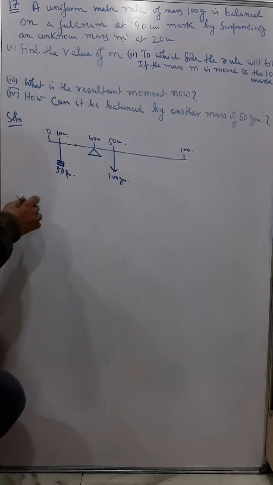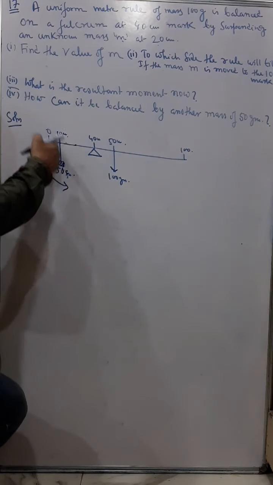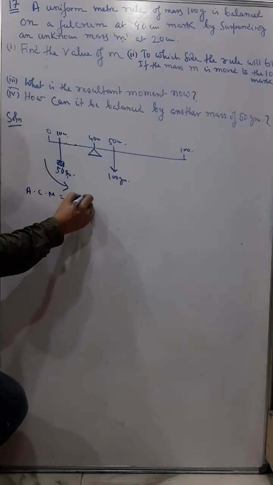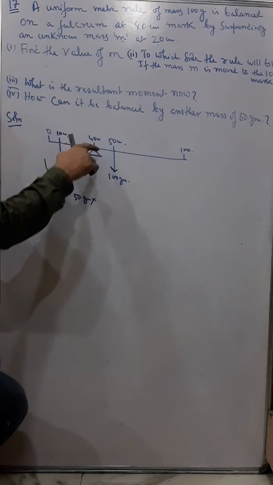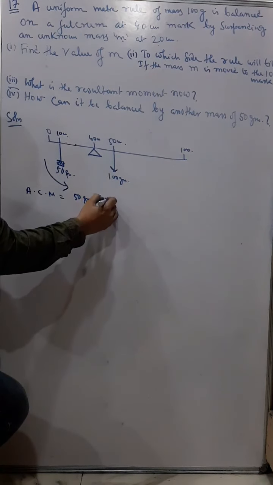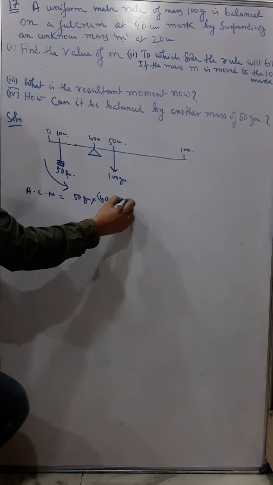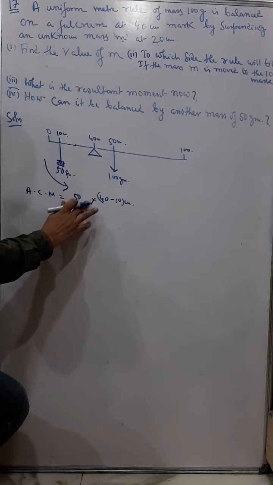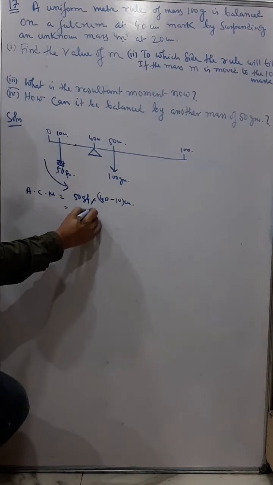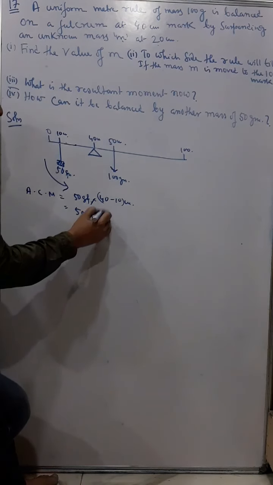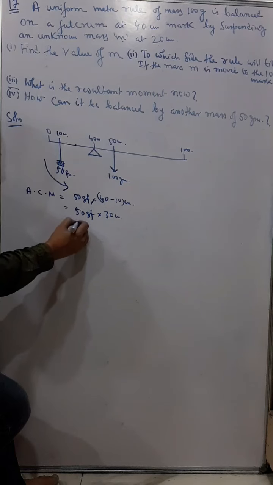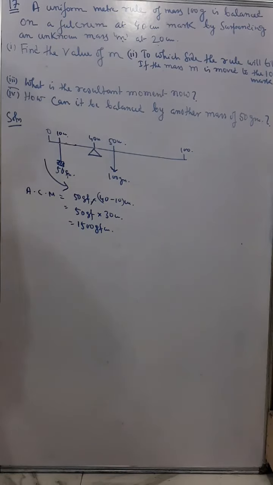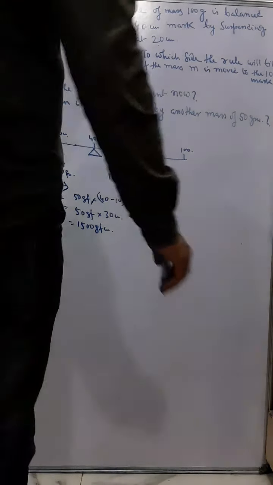First of all, let us calculate the moments. Now this is the anti-clockwise moment due to this mass, so this is anti-clockwise. Now what will be my anti-clockwise moment? Anti-clockwise moment will be 50 gram into this much, 40 minus 10. So I'll write, in fact we should write GF. So 50 GF into 30 centimeters. So you got how much? 1500 GF centimeters. So this is the anti-clockwise moment, and now we'll get the clockwise moment.